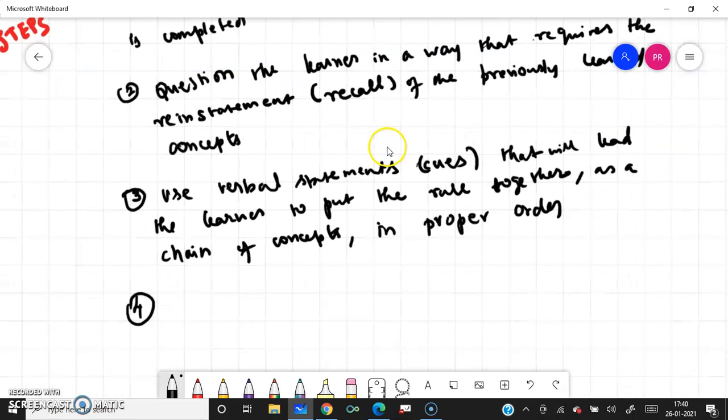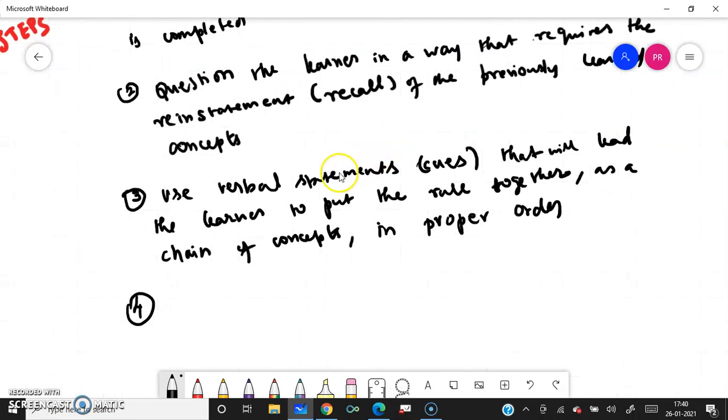Next is the recall type. The third one is to use verbal statements, cues, that will lead the learner to put the rule together as a chain of concepts in the proper order. The child is able to make the chain of concepts in the proper order. Next comes step 4: by means of a question,